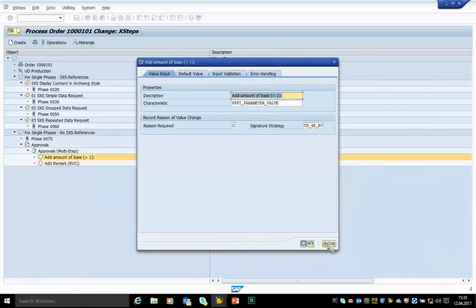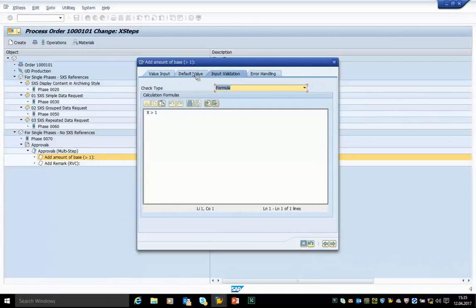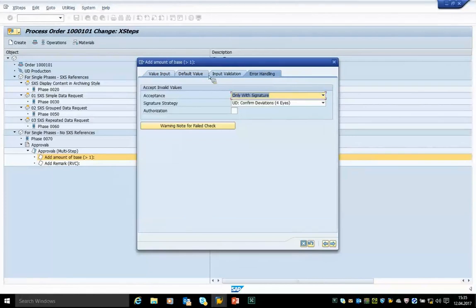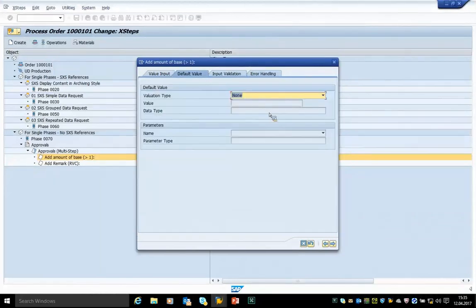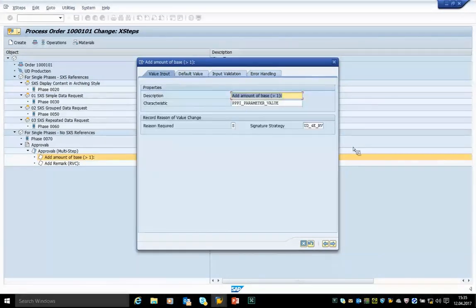And to make things really nasty, I defined a scenario with a combination of something where you also might stumble across. If you define a deviation, let's say the handling of a deviation, an input validation, just a simple one, and you want also that the user confirms this deviation with a digital signature, and it's also possible for you to define the reason for value change. Yeah. That was also some of the trickiest part that we had to program,